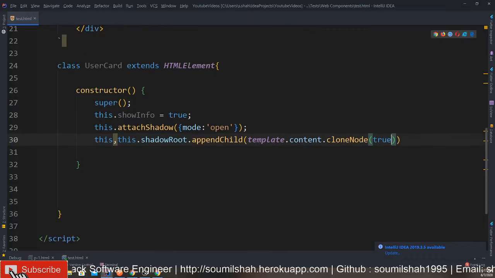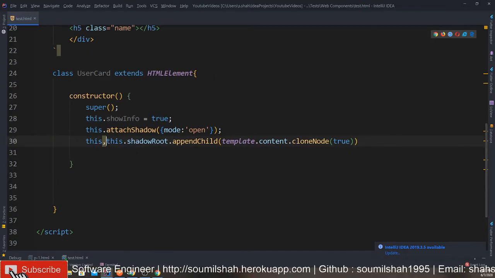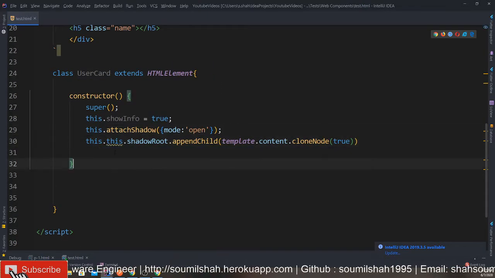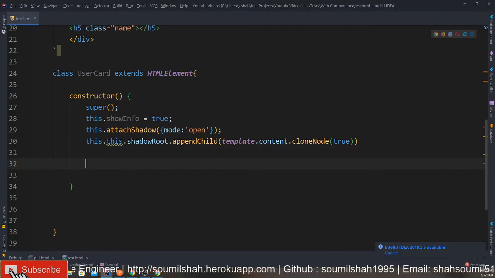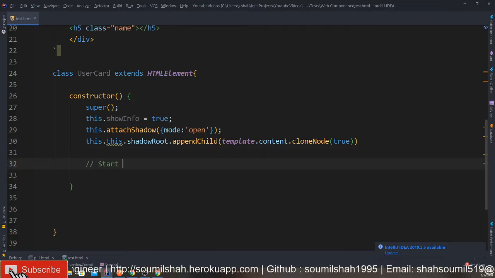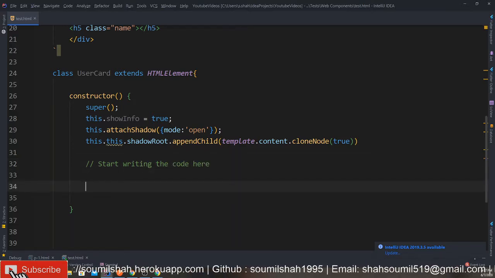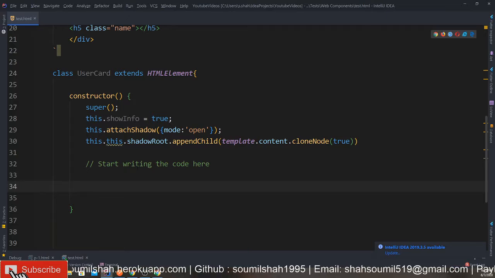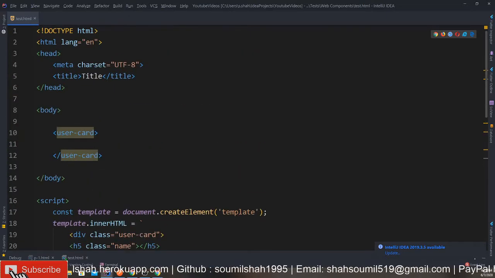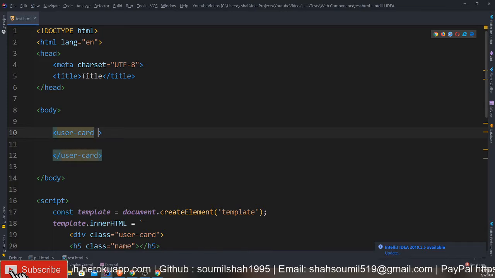This is a standard thing, the standard template. It will make sense. Whatever attribute you want to pass, you would start defining right here. So this is where it comes. Start writing the code here. I want to pass a name attribute to the user card. So I want to say something like name.